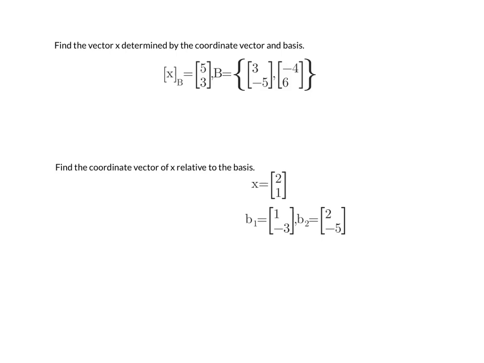To find the vector determined by the coordinate vector and basis, we just recognize that the components of the coordinate vector are the coefficients when we write x as a linear combination according to the basis elements. So remember that if we have x equal to our coefficients times the basis elements,